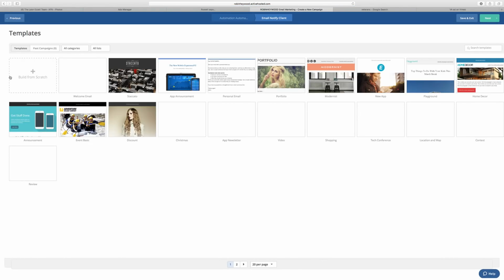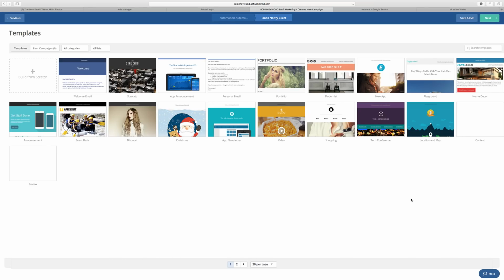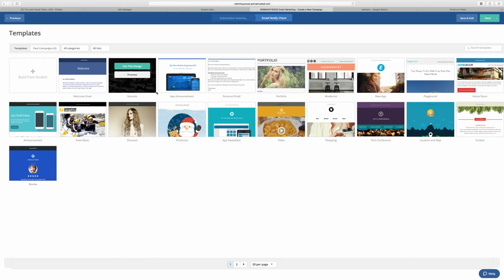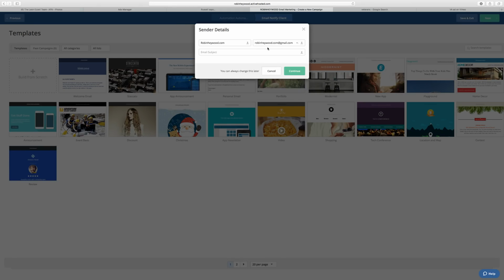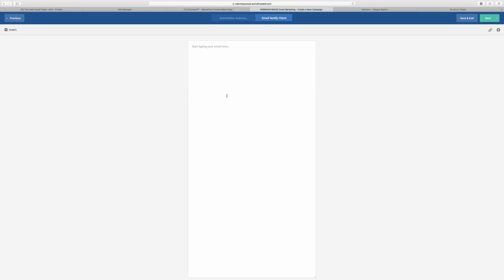We'll just want to grab a really simple design. In fact, I'm just going to hit build from scratch and go with text only. We really don't need anything crazy like that. So the subject is, you have a new lead. From Robin, and we hit continue. So now what we're going to say is, hey, Leon,